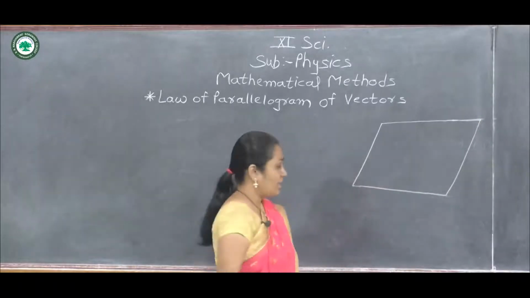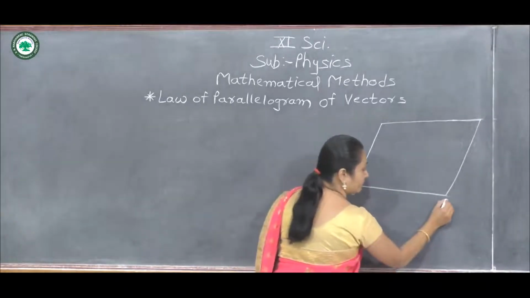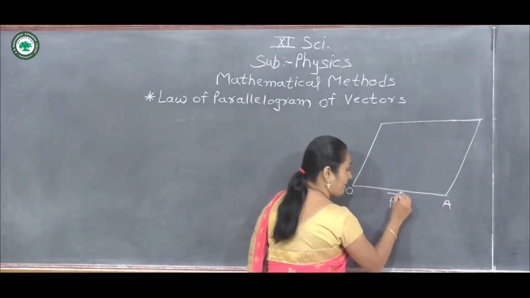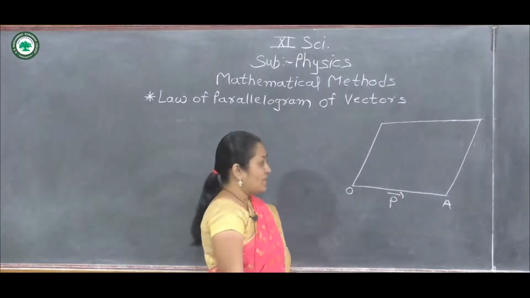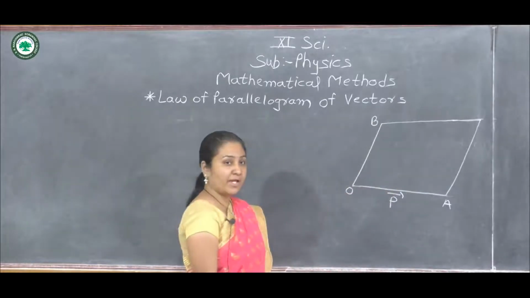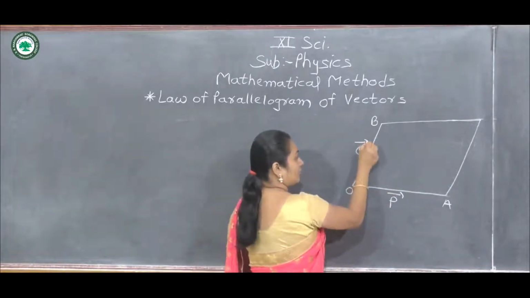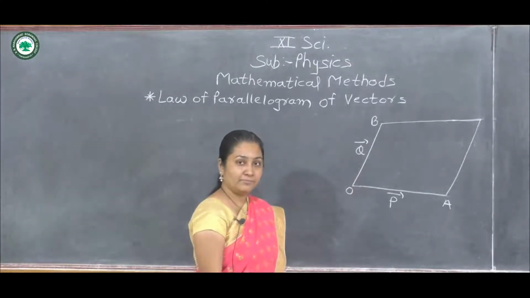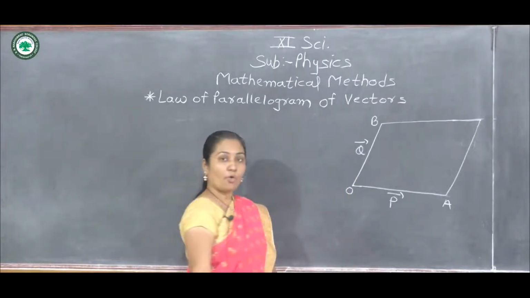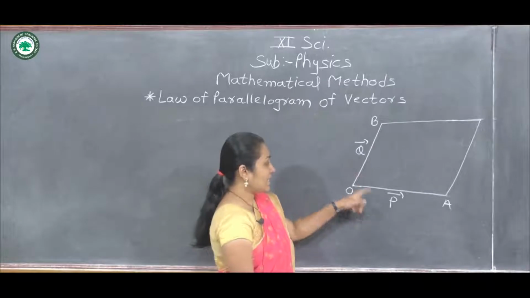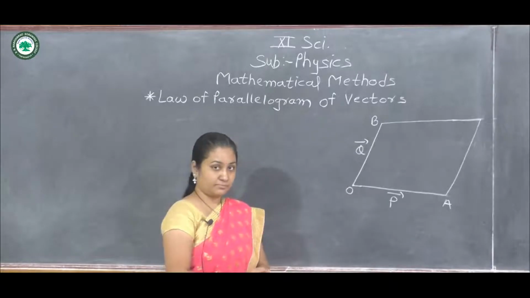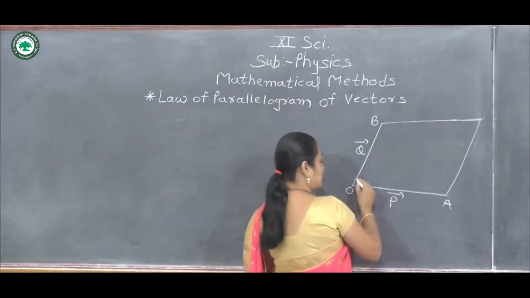Now the first vector is supposed to be OA as vector P bar. The second vector is OB as vector Q bar. Then these two vectors are originating from point O. They are represented by the adjacent sides of a parallelogram. Then the diagonal of this parallelogram is